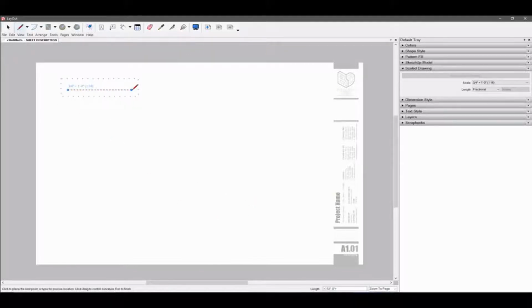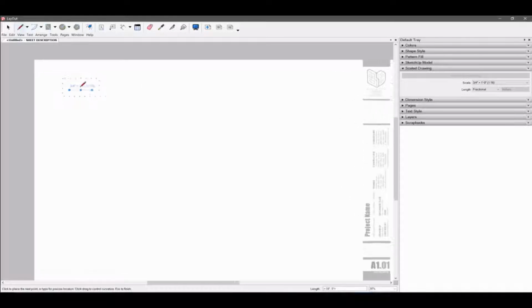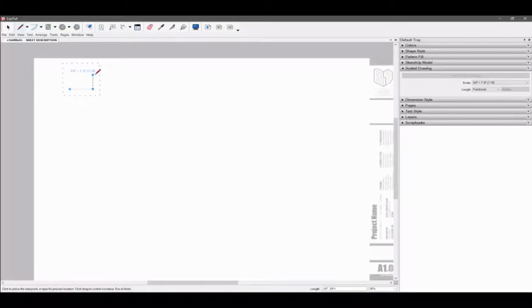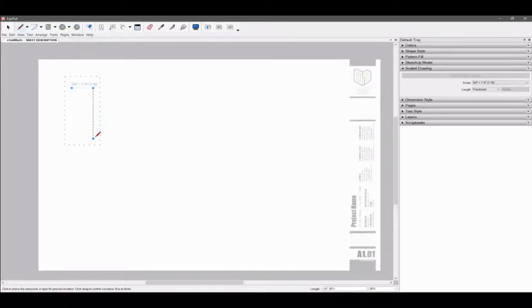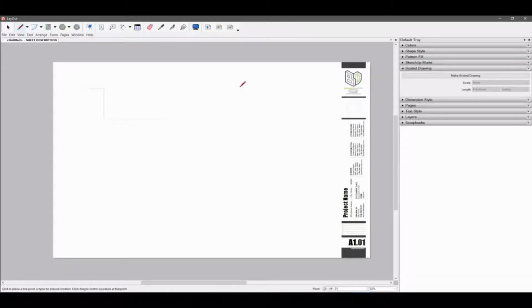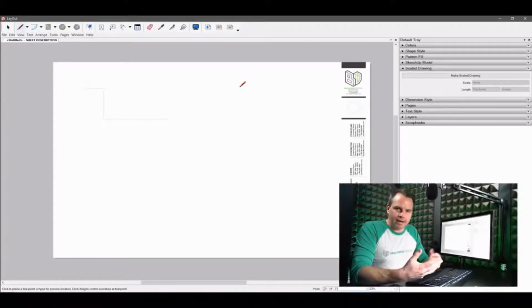I can type in I want this to be 3 feet, enter. And see, it drew that 3 feet at a 1/4 inch scale. So we have the ability now to truly draft in layout. So we can do 5 feet, 10 feet. So I don't know. I would still very likely use Condoc's draft mode,